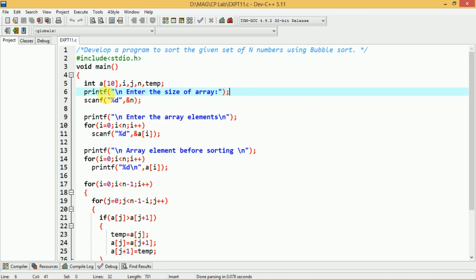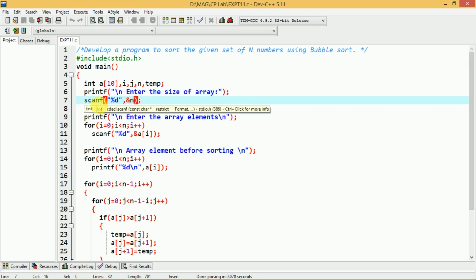When you display this message, the user is going to enter the size of the array, meaning how many elements he wants to enter. That we read in the variable n by using scanf("%d", &n). We know that the user is going to enter n number of elements, which is similar to the problem statement we have here.